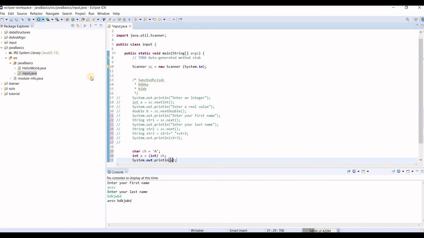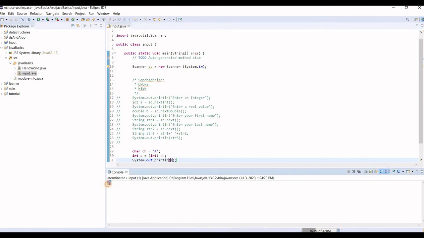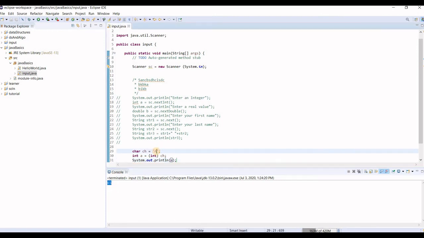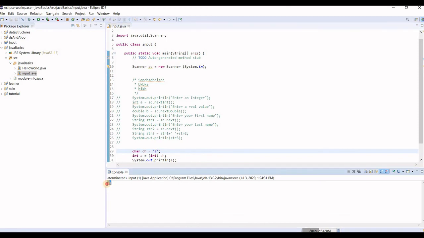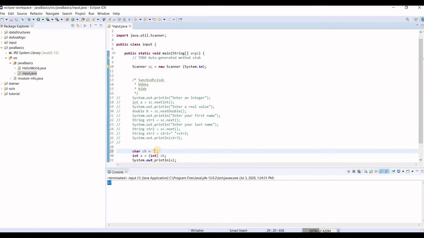Let me run this, and here we see the ASCII value of capital A is 65. Let's see it for small a. Run this, and the ASCII value of small a is 97. Let's see it for small b.